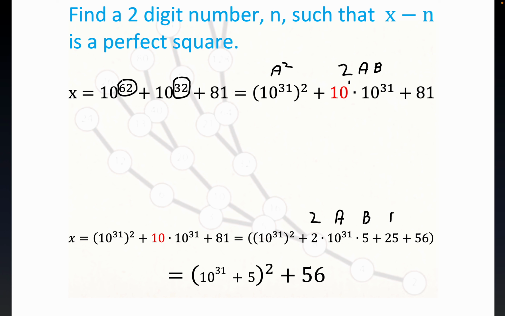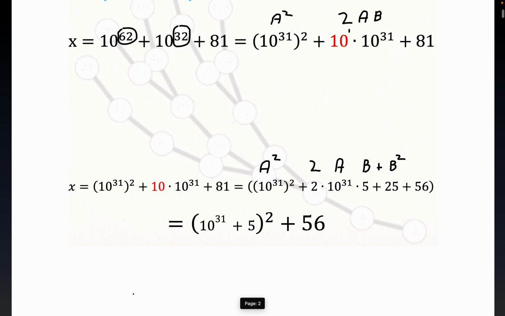It just works out. I mean, it all just kind of falls in pretty nicely now. Plus b squared. And then this, of course, is a squared right here. But of course that has the form a plus b quantity squared is equal to x, right? And so it's very clear here that we're just about done. We can just write down x minus 56 is equal to a perfect square. Namely,